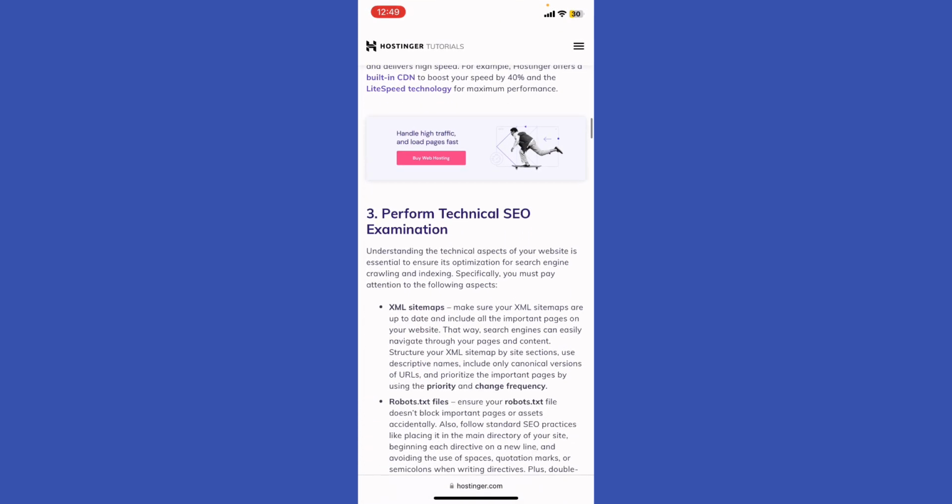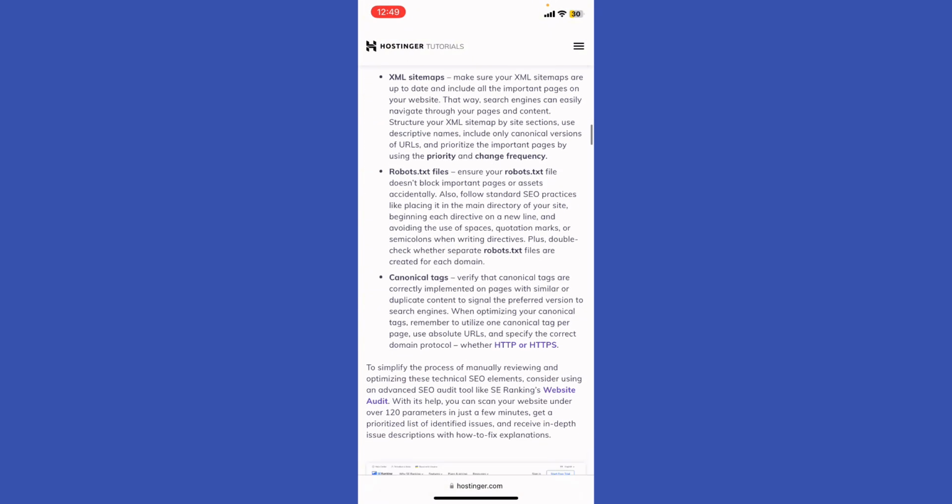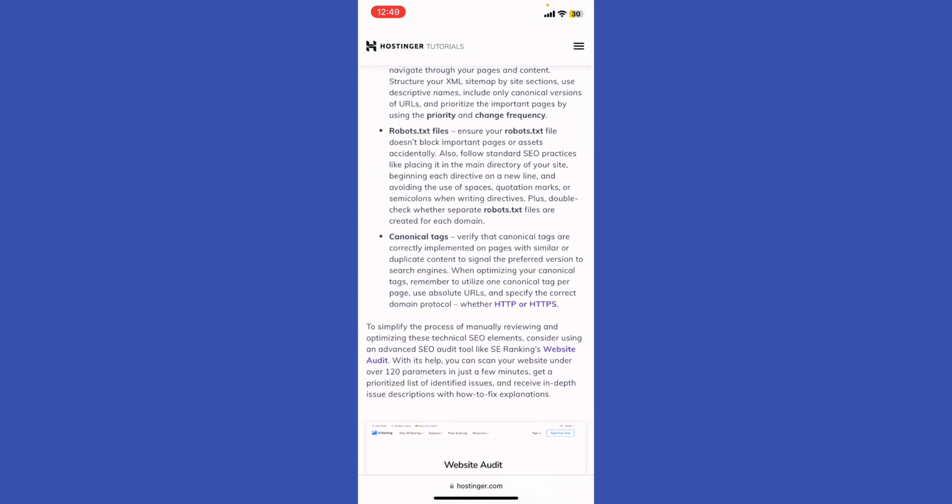All right, you need to perform the technical SEO examination. You need to examine the XML sitemaps. So make sure that your XML sitemaps are up to date and include all the important pages on your website. The robots.txt files and canonical